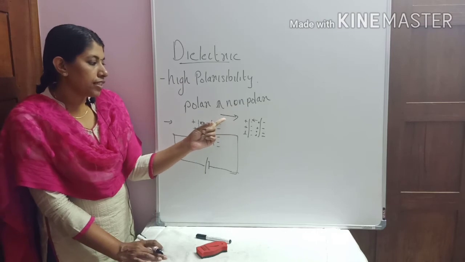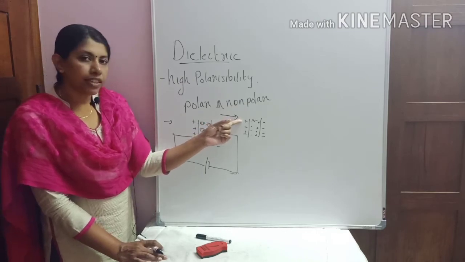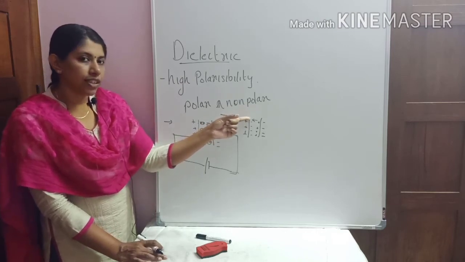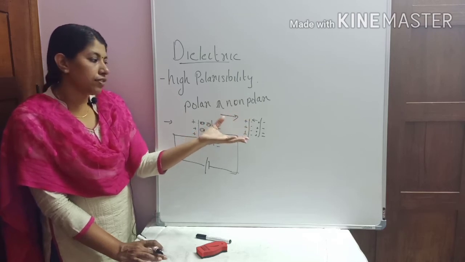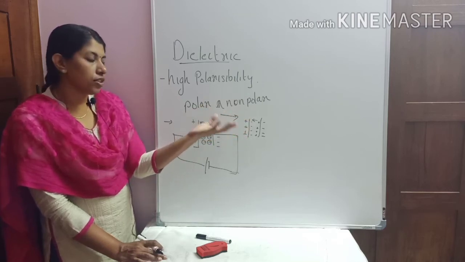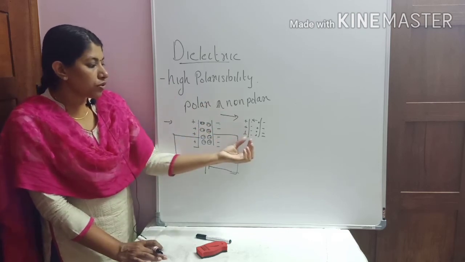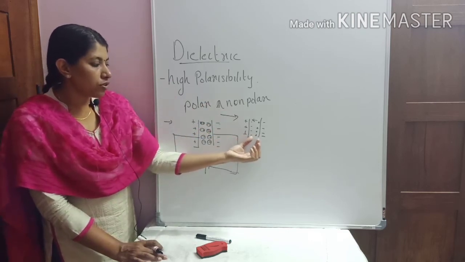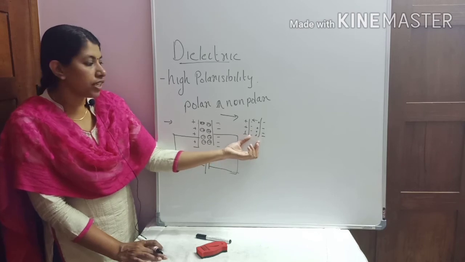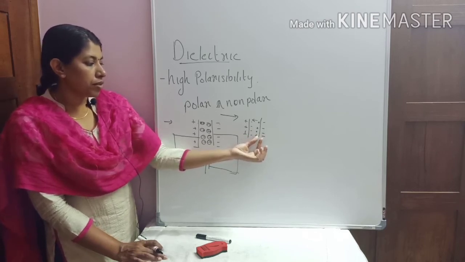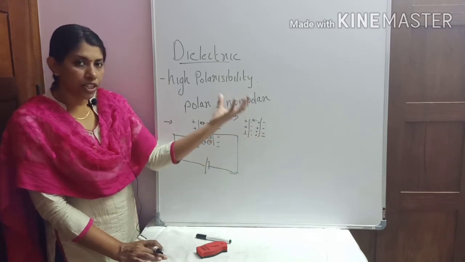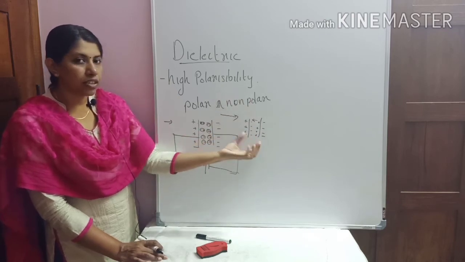Now we can see that the external electric field is in this direction and the internal electric field is in this direction. So these two electric fields are not equal. The net effect is that the total electric field is reduced by a small amount, and you can also see that the net voltage between the plates is getting reduced. Because of this polarity, plus minus, here also plus minus, the net voltage between the plates is reduced.